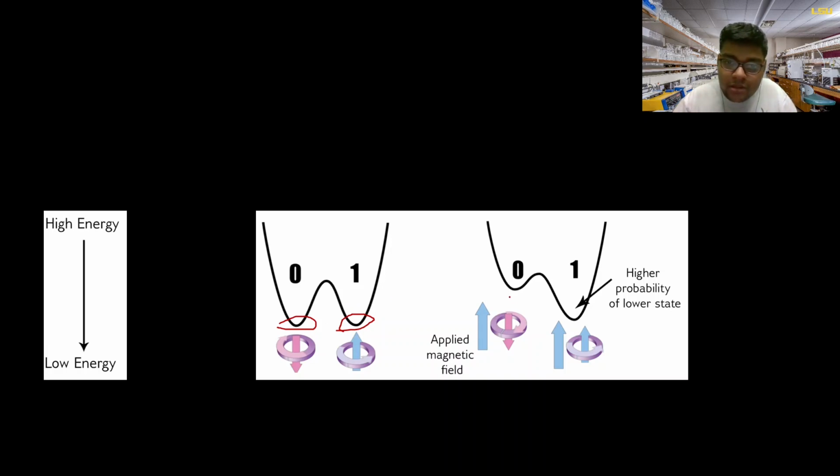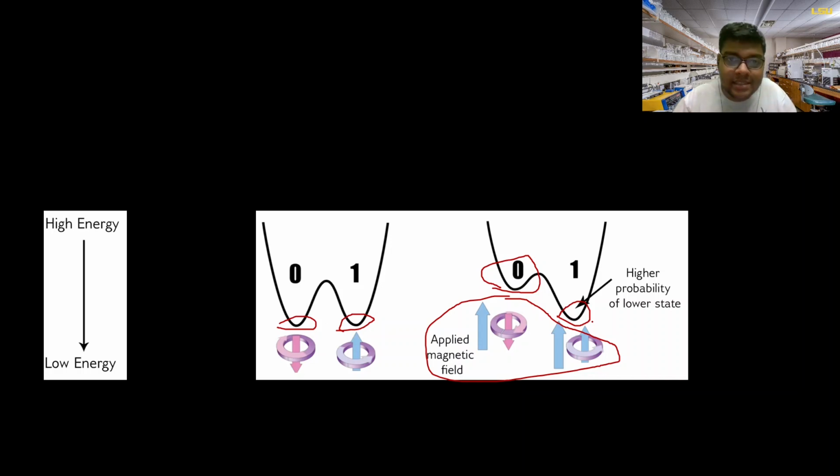When you apply these operations that you can see, the magnetic field is nothing but the operations that you apply on a quantum computer using quantum computing. Now you can see the energy has been increased for 0, but it's still lower energy for 1. So now the probability that the superposition will collapse into 1 is increased. And how is it increased? It's increased because you have applied certain operations that have resulted in this. And this is quantum computing in short.